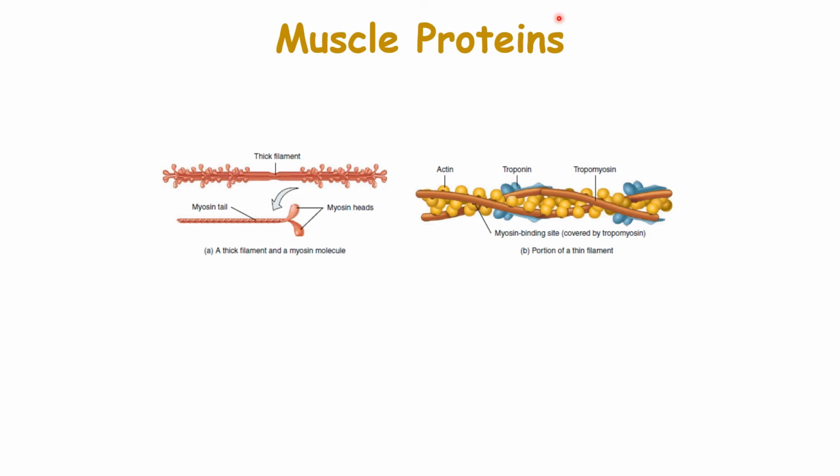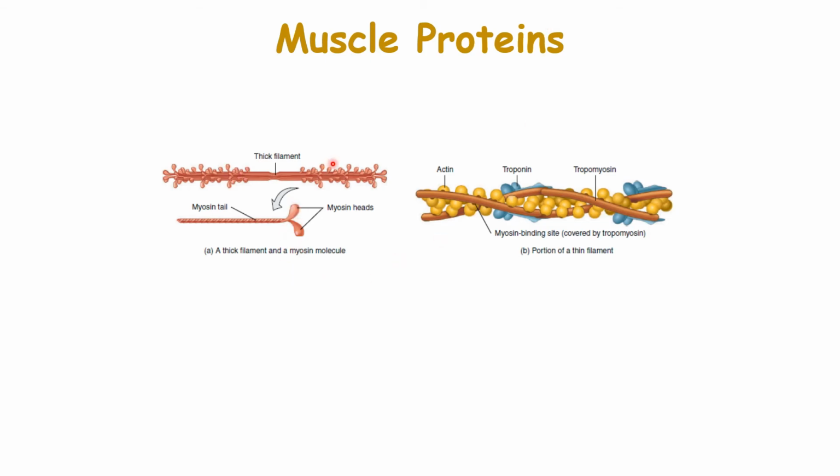In skeletal muscle, about 300 molecules of myosin form a single thick filament. Each myosin molecule is shaped like two golf clubs twisted together. The myosin tails, the twisted golf club handles, point toward the M line in the center of the sarcomere. Tails of neighboring myosin molecules lie parallel to one another, forming the shaft of the thick filament. The two projections of each myosin molecule, the golf club heads, are called myosin heads.